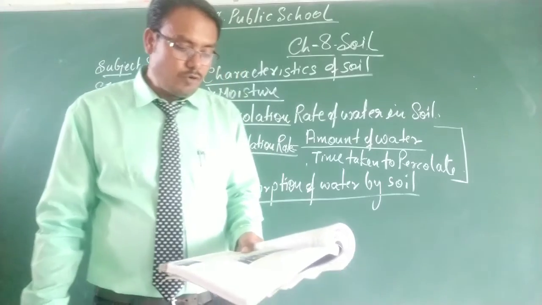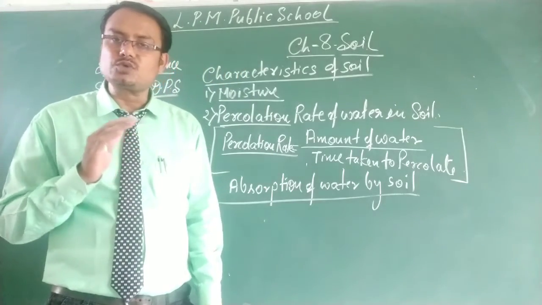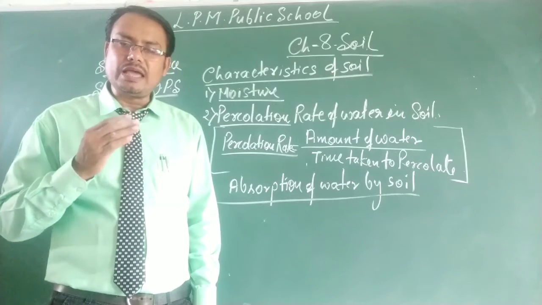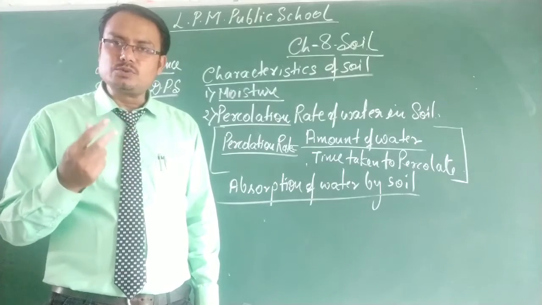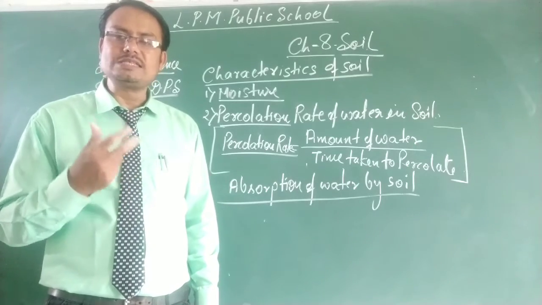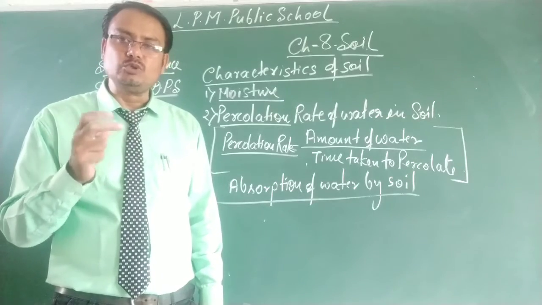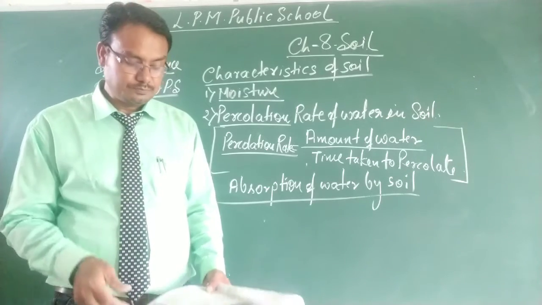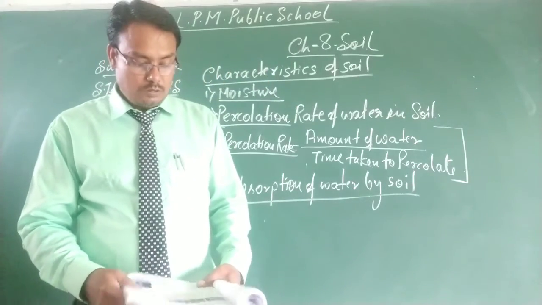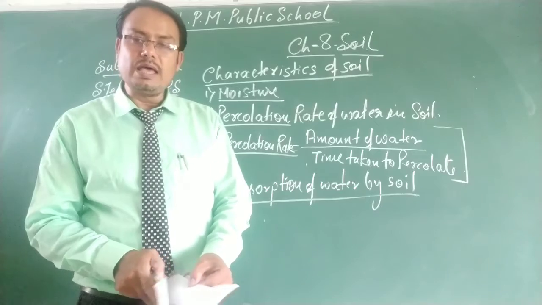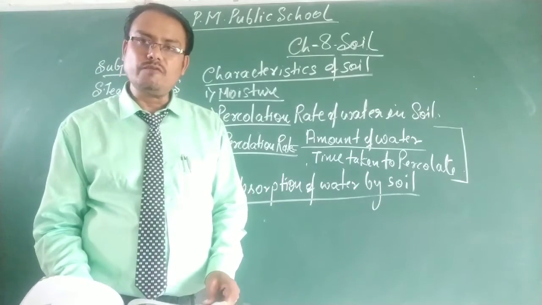All soils have different water holding capacity and absorbing capacity. Different natures of soil have different amounts of water absorbing capacity. Some absorb very fast if there is a lot of space between the particles. Some absorb slowly if the space between the particles is very little. So the absorption rate depends on the nature of the soil.